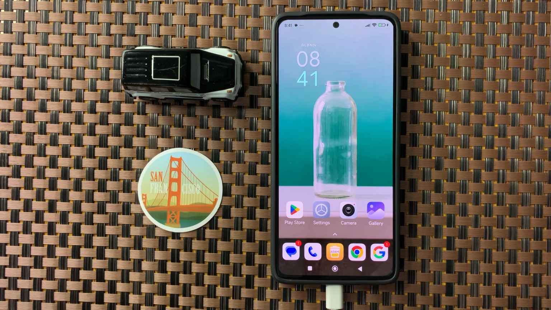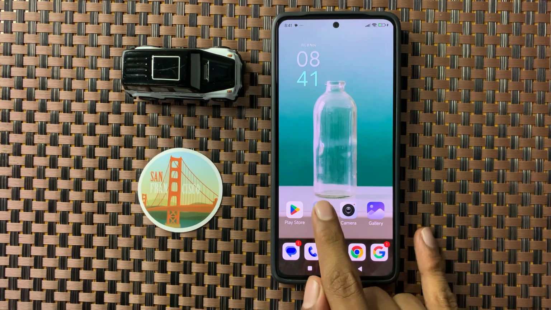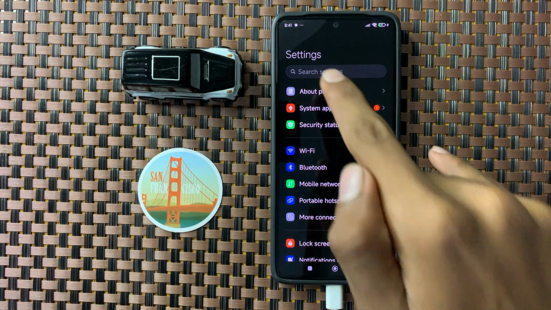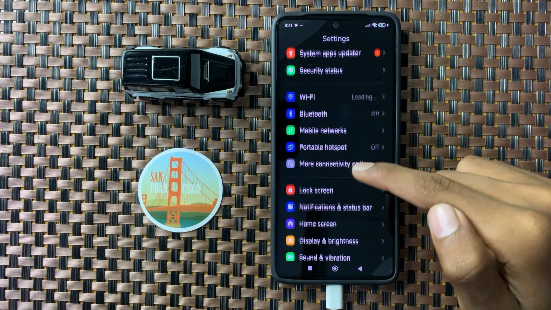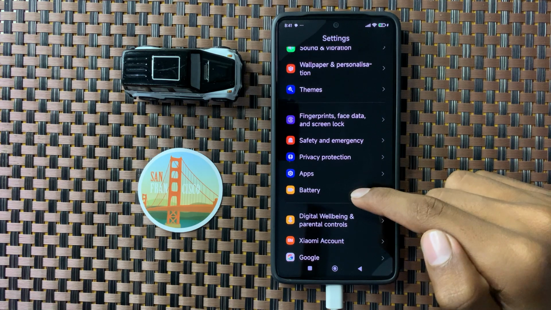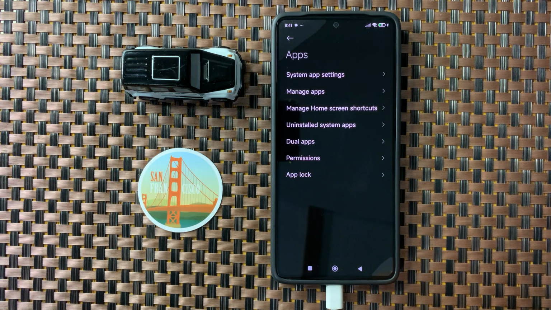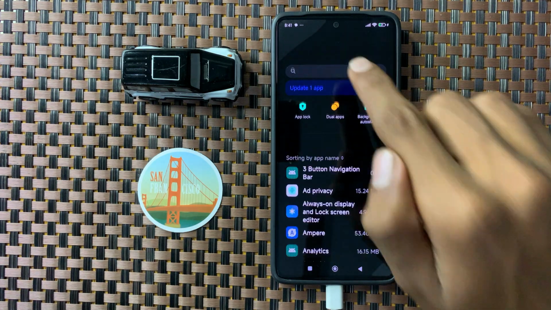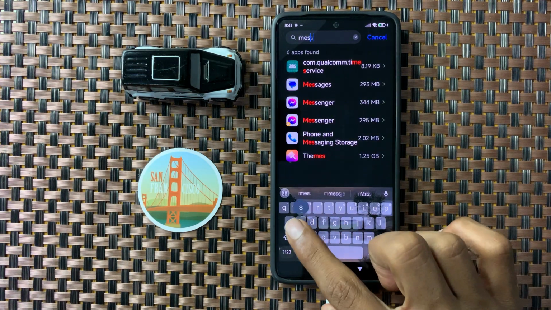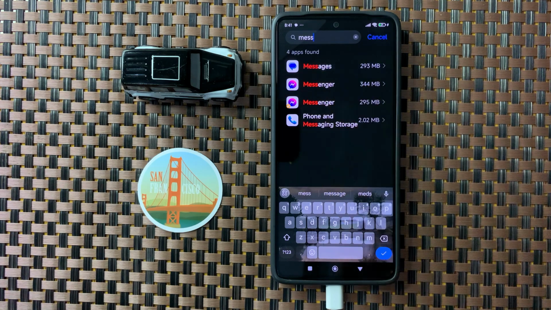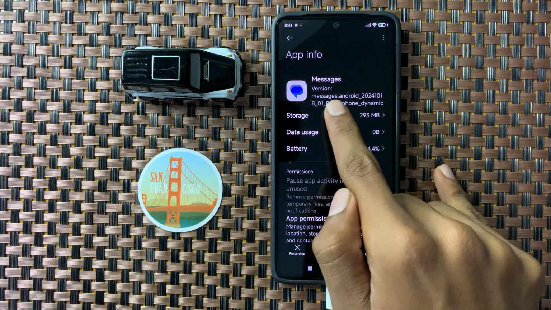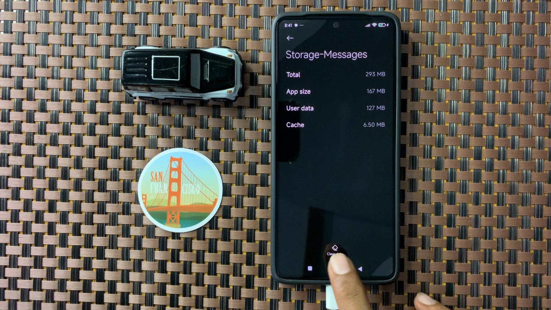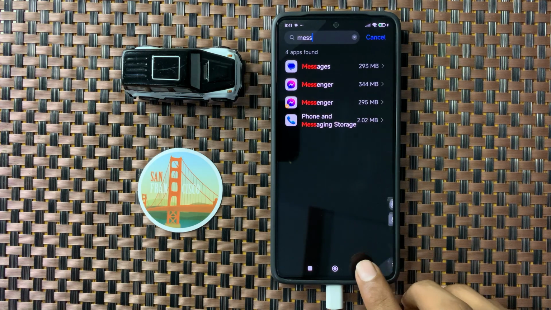After checking your network connection, open settings. In settings, scroll down and click on apps. And then click on manage apps and search here for messages. Now click on messages and then click on storage. Now here you can clear your messages storage. After clearing your messages storage, go back to the main page of your settings